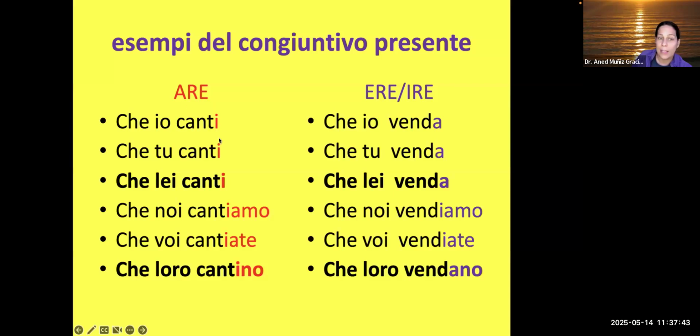Okay, io canti, right? And you see the -are, the e. Also, another reason is because you see all the three singular forms have the same ending. So just like in English, when you have the same verb form for many different subjects, then you tend to use the pronouns, right? Like I want, you want, they want, as opposed to saying want, which you can say in languages where each form is different. And then also the noi form is the same as the present conjugation.